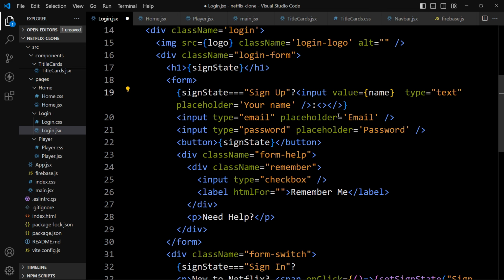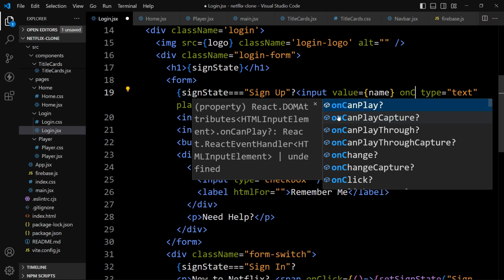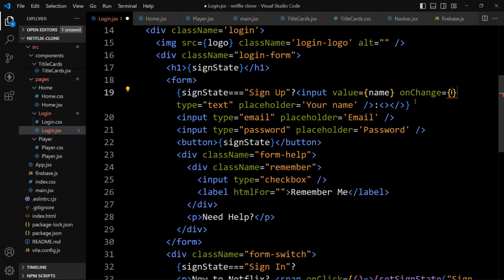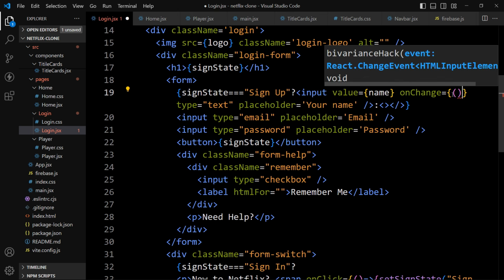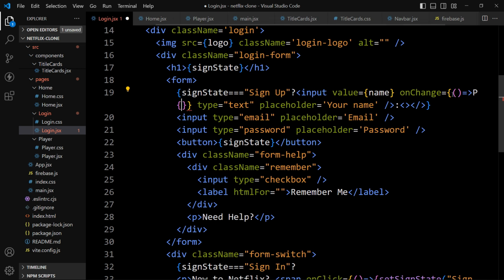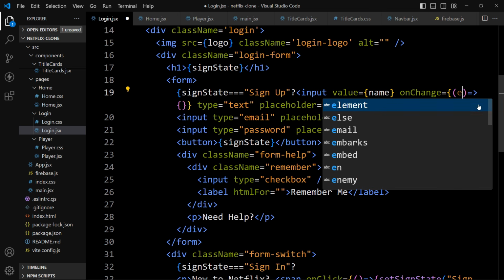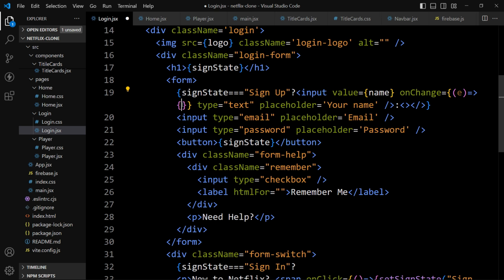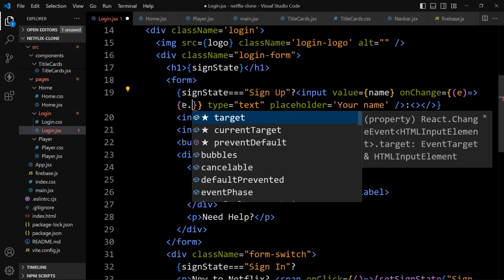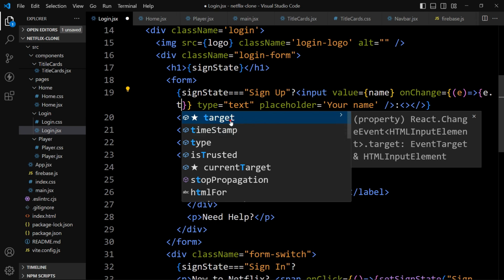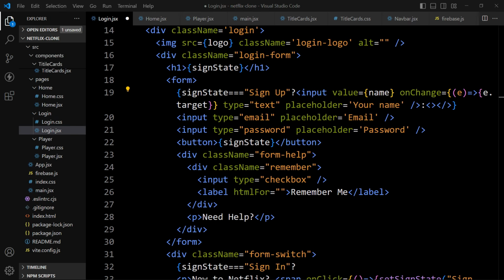Then we will add onChange property like this, and in this onChange property we will add the arrow function, and here we will pass the event, and here we will add event.target.value like this.